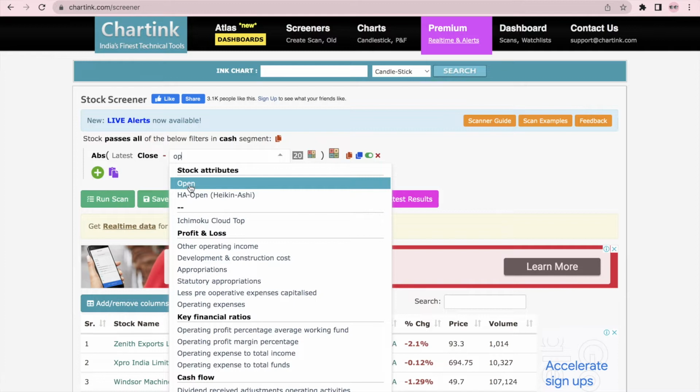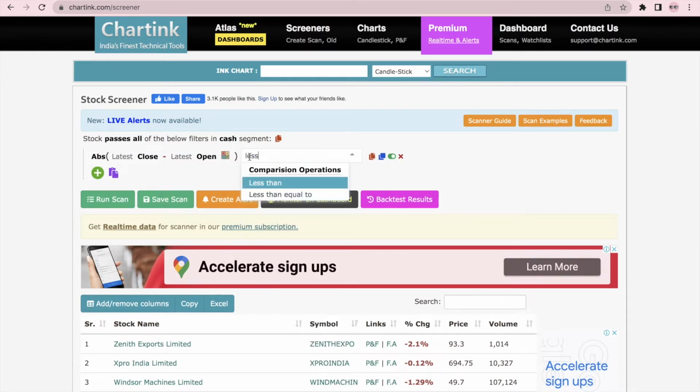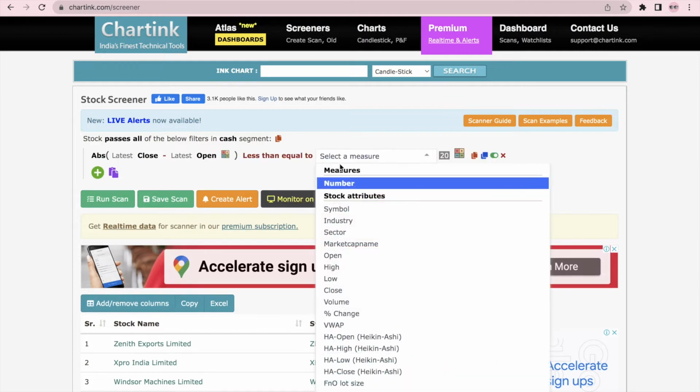It will not matter because we have the absolute here. So absolute will give you only the absolute number. So now close minus open gives me the size of the body. Okay, so I want close minus open less than 20% of the whole range. Okay, so what I'll do is I'll say less than or equal to